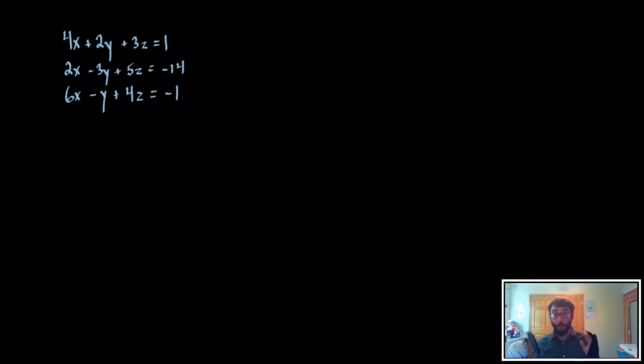Now, when we're solving a three variable system using elimination, it's going to be a little bit more time consuming. Normally when we use elimination with a two variable system, we eliminate a variable because then we're left with one variable that we can solve for. The only problem is here we have a whole extra variable, so we're going to do a whole other set of elimination, okay? So the first step is to pick a variable to eliminate twice using two different combinations